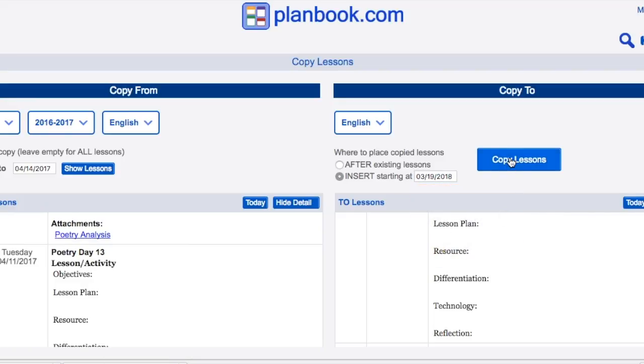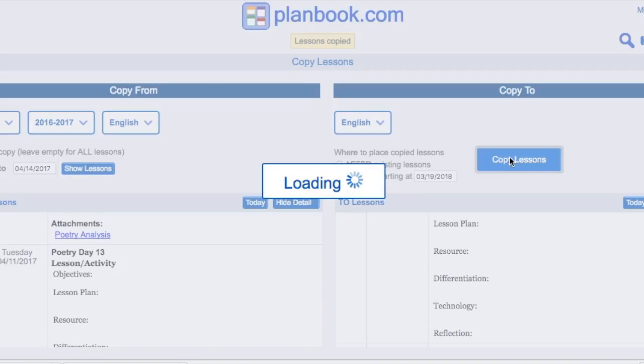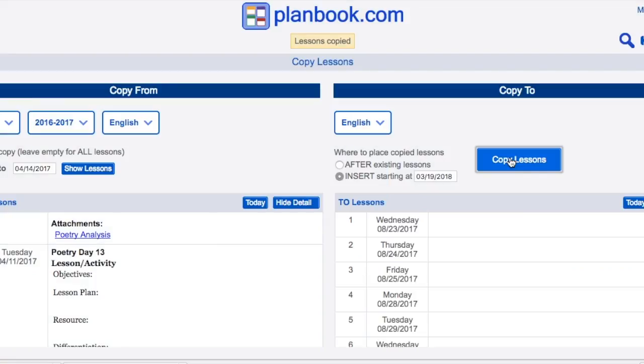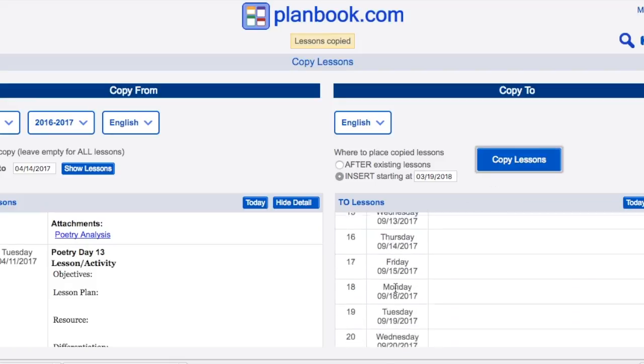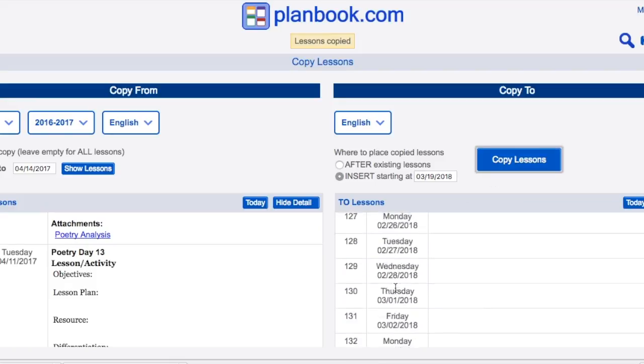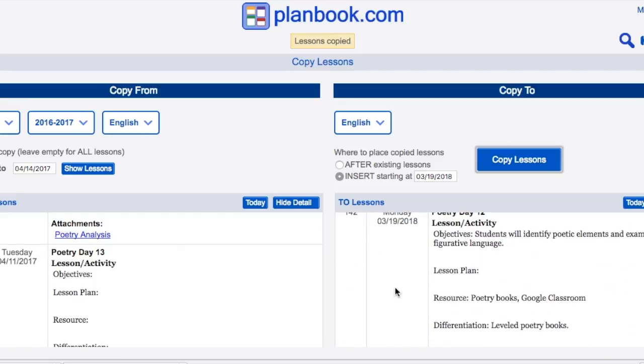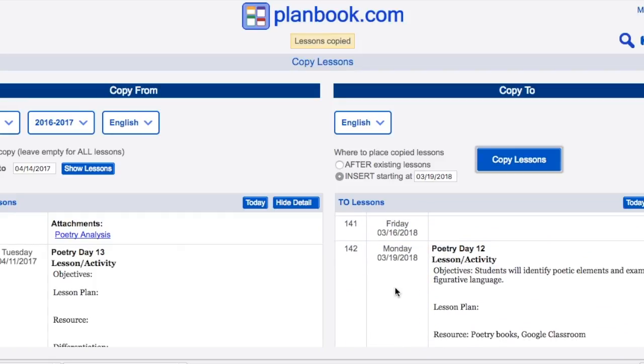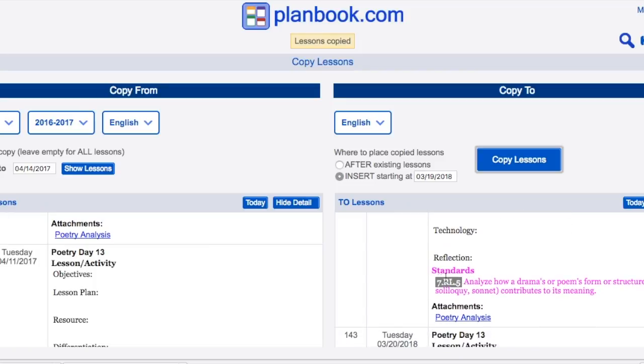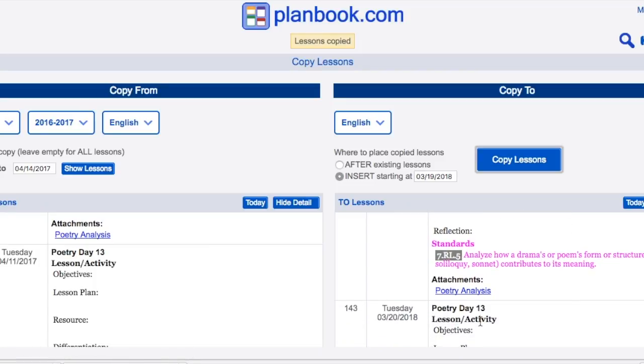So then what I would do is copy lessons, and it would actually take those entire 5 lessons and copy that, and you can scroll and see it's in a list view, and there I've populated my poetry unit. So this to me makes the entire system much more efficient than anything I've been using in the past. And notice also everything comes along with it. I have my standards, my same documents are attached. So there's flexibility to